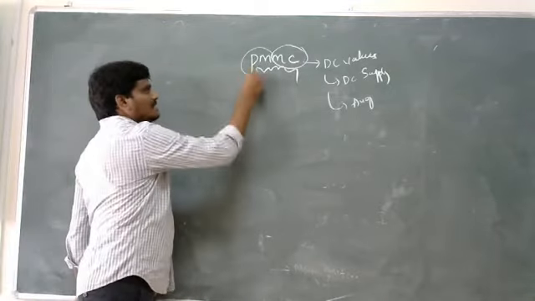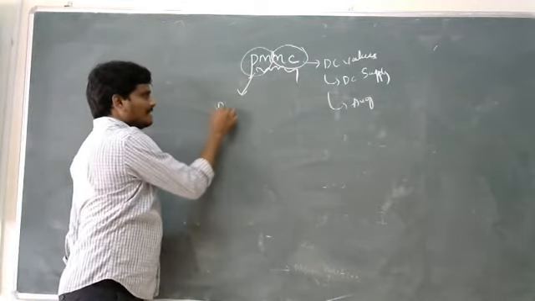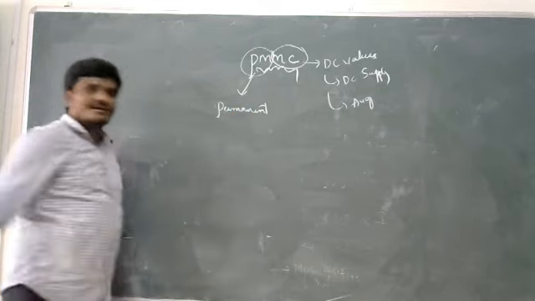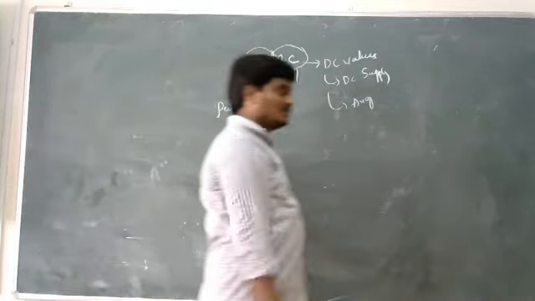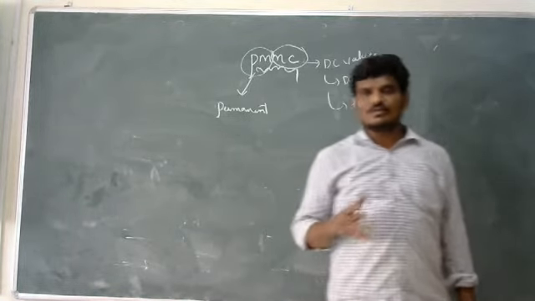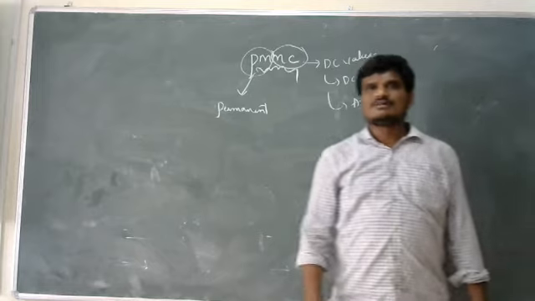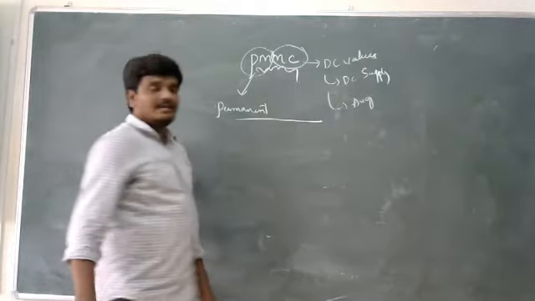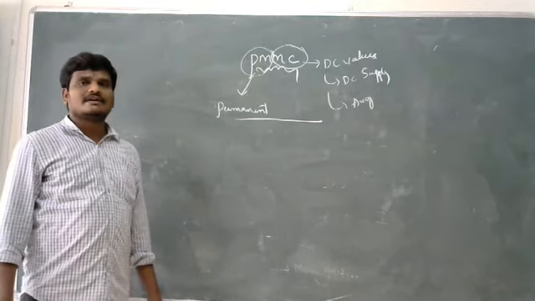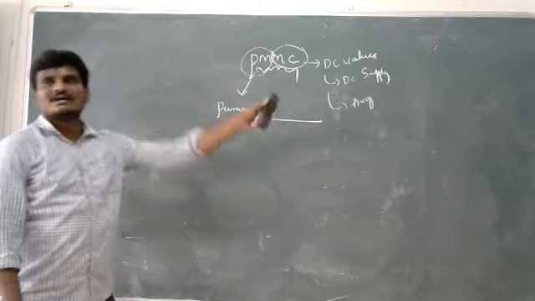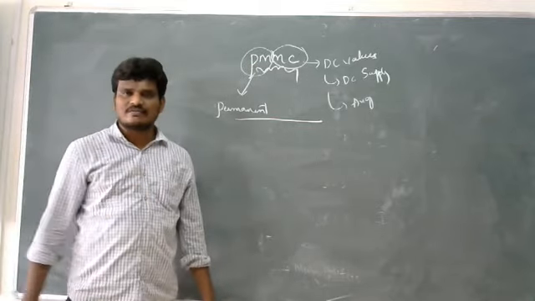PM indicates permanent magnet. That is, in the structure of a PMMC instrument, I am going to use permanent magnets to produce some amount of force. The abbreviation of PMMC is permanent magnet moving coil, which consists of permanent magnets and is used to read only average values of an instrument.